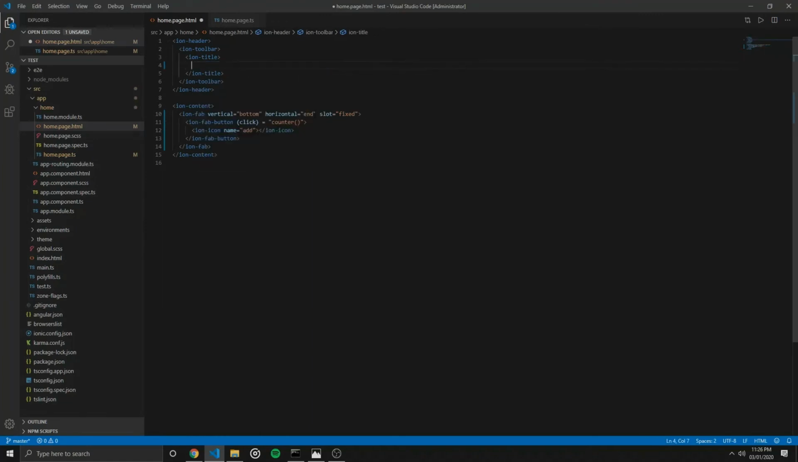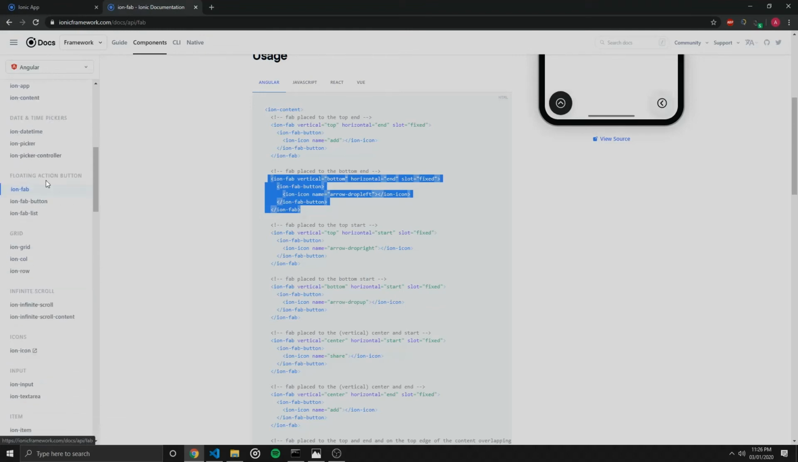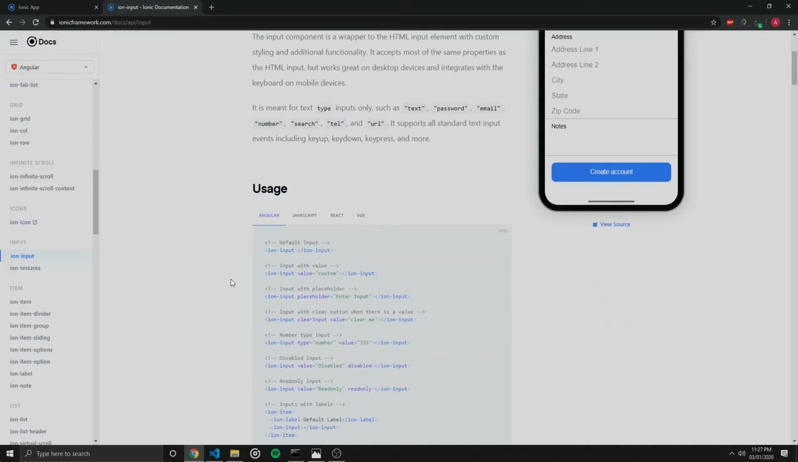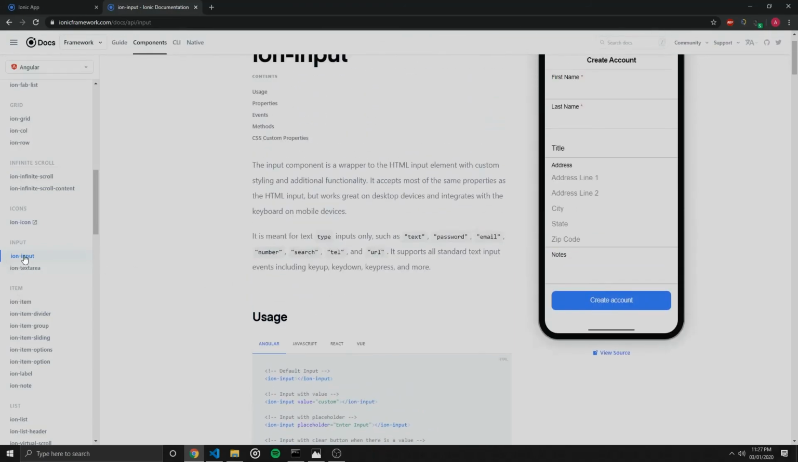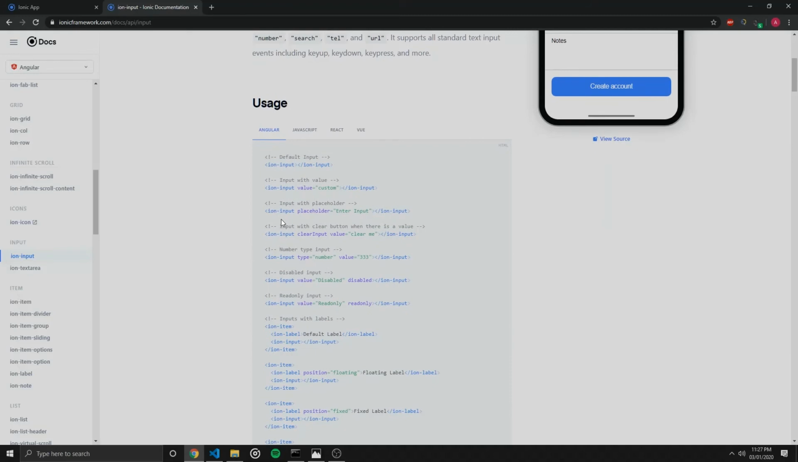Inside the header we can change the title to Ionic counter, and to show the count right here we will be using the Ionic input component, so that the user can also input any number and the count will start from that number. We went to this ion-input page, and we can just copy one of these lines. We will be using numbers, so we can copy this line